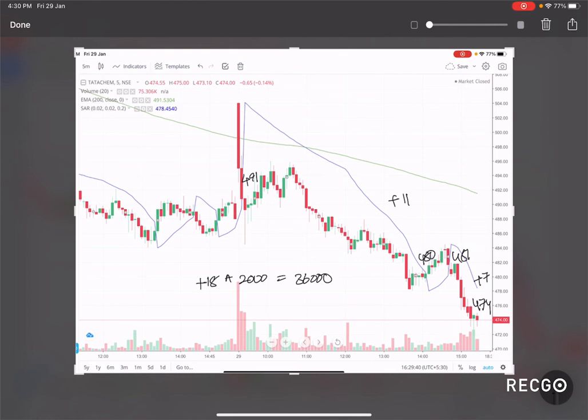There might have been many, but we don't take many trades. We will watch the scripts, we'll be doing trades on them regularly, and we will be only doing trades within those scripts. So altogether we would have got around 80,000 simply by following this simple strategy if you are a futures and options trader.